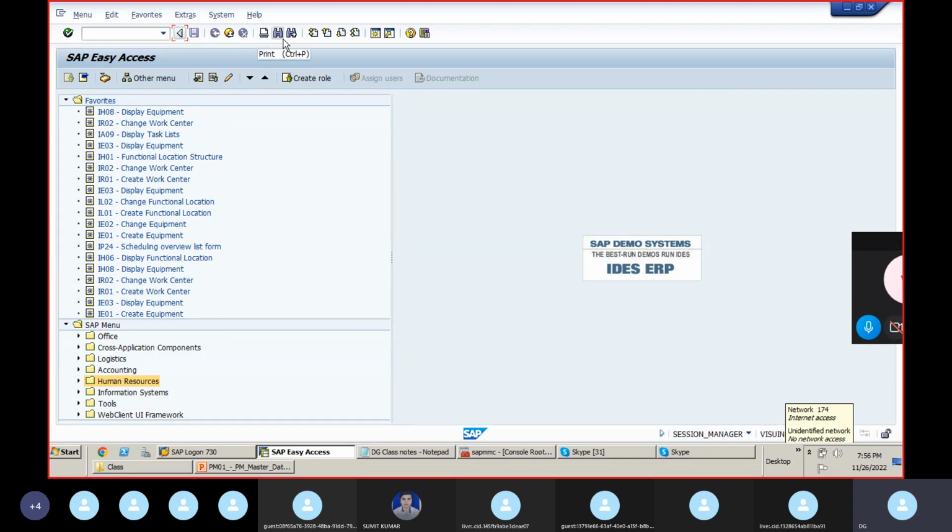And if you want to print, or find, search, you can use this button, and if you want to move to the different pages, you can use this button. Okay, so